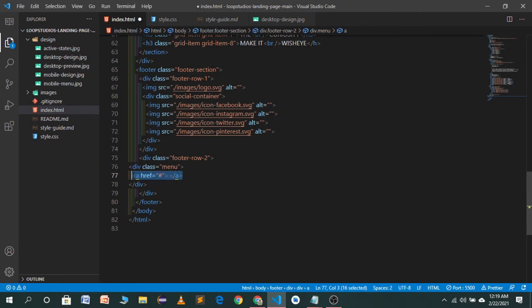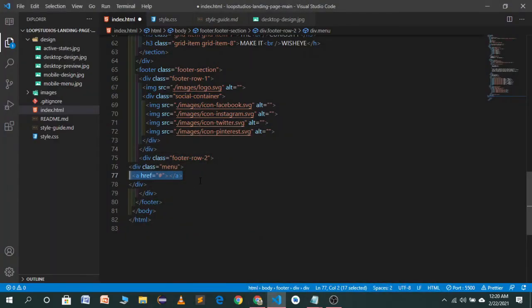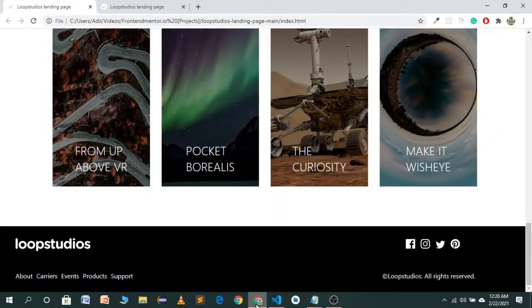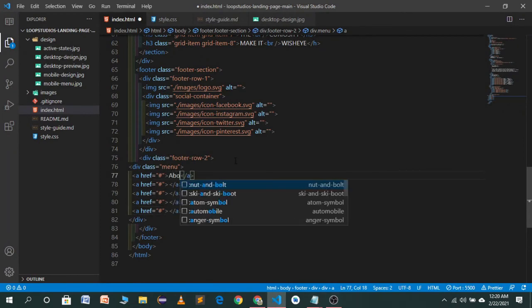I will copy this and repeat it four more times. So the menu items will be about, careers, events, products and sports. First one will be about.